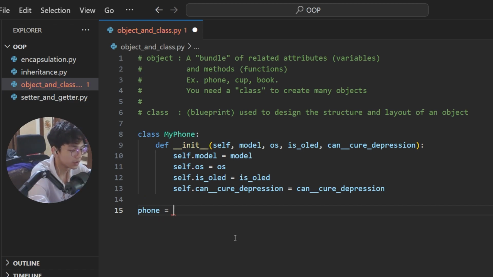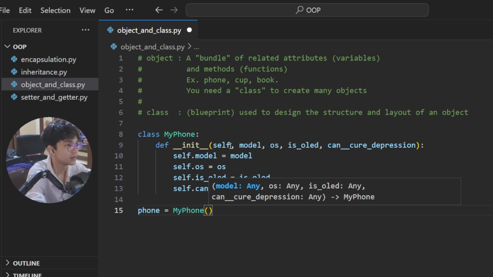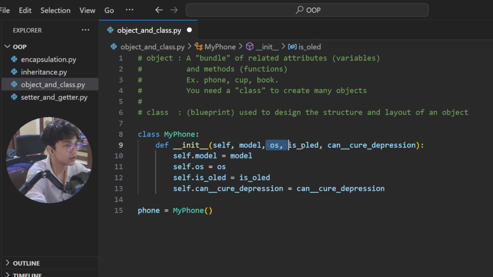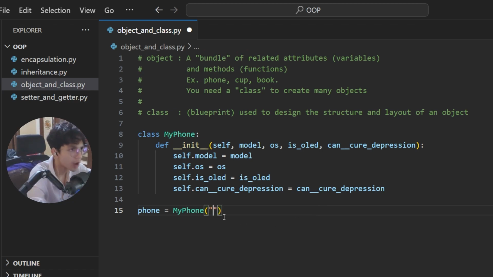We're going to get our class, sort of like my phone, and then the model and the OS and is OLED and can cure depression. We're going to call them. So, what type of model am I using? My model is